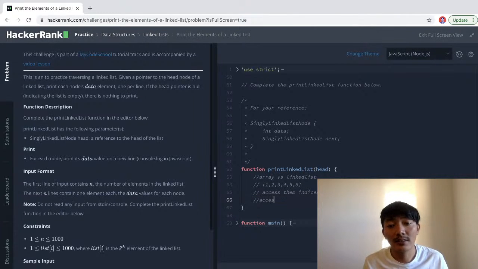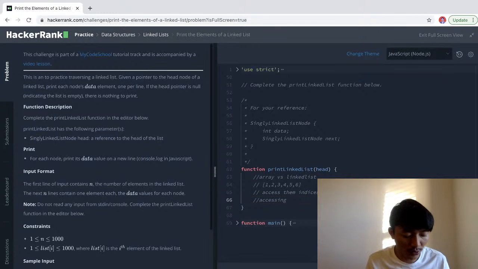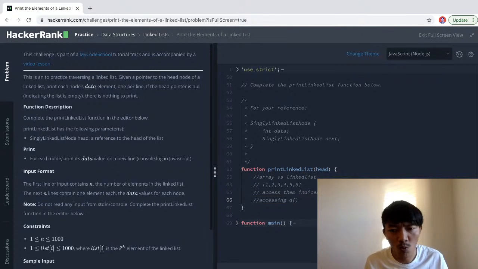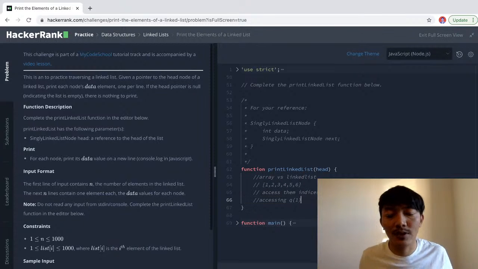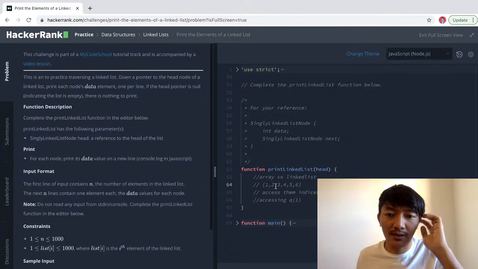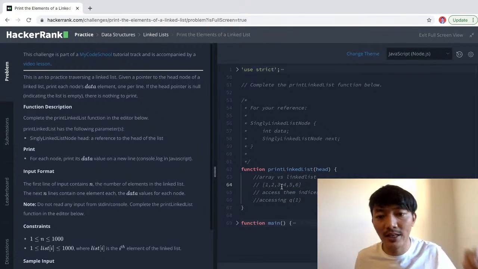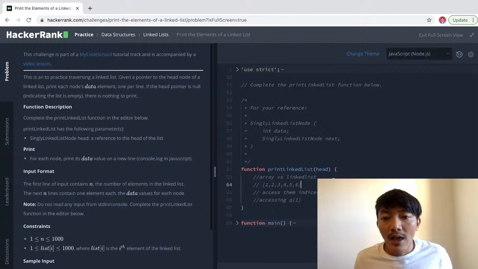Accessing is O(1). That means it is constant, because you can access a specific element in an array by its index. And unlike an array,